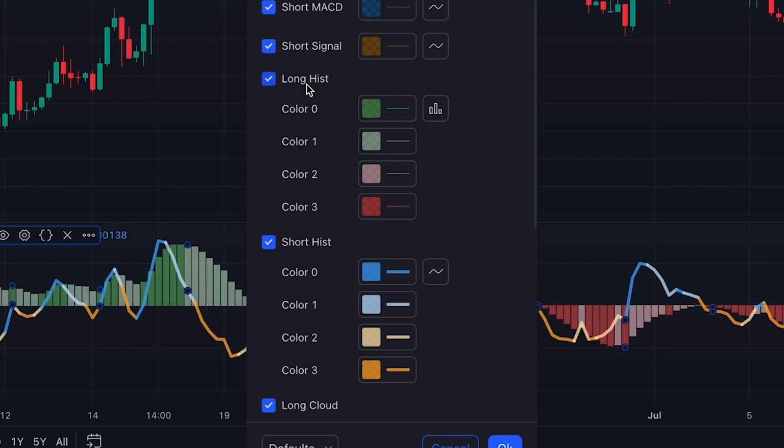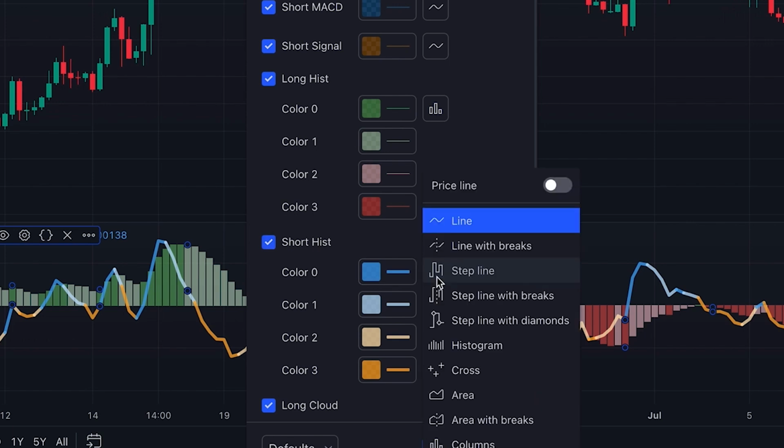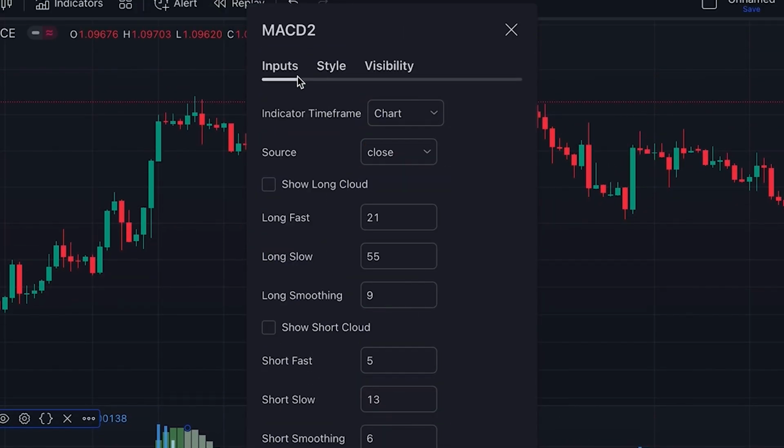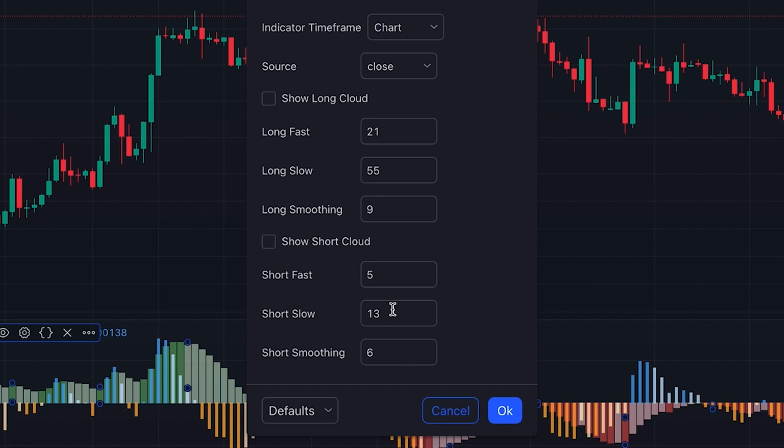Here you can see that for the longer MACD histogram, it's set on columns, and for the shorter MACD histogram, it's set on line, which we can similarly set on columns, but better to set it on histogram, so it will be easier for you to distinguish between them when you're analyzing. Alright, as I said, we have a longer MACD with this setting and a shorter MACD with this setting, and